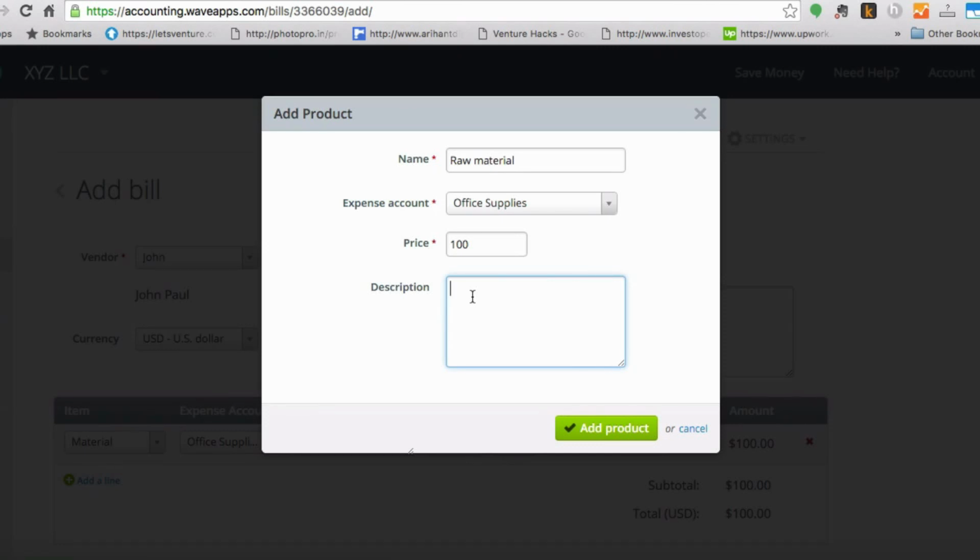So if it is a regular vendor from whom you are buying it, once you click on the vendor, you can also choose the product, and for these options which you are entering now, you don't have to worry, it will be stored, and unless you want to change, you can go again and edit it. I'll show you in a different lecture how to edit your product details. So if you want to enter any description, you can enter the description. So now add a product.